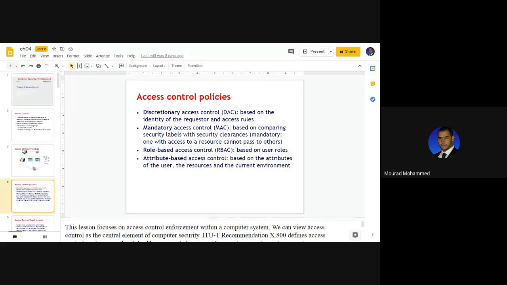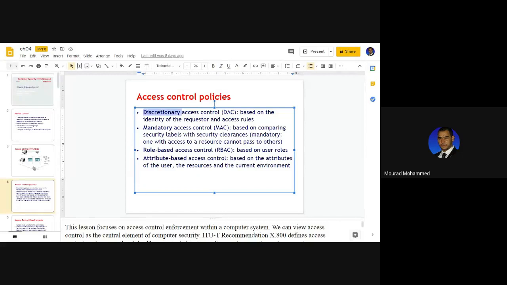There are policies behind that. It is the root of this access control. We are talking about selective discretionary access control. We are talking about enforced mandatory access control, or based on roles. Who are you? Role: administrator, manager, student, instructor.